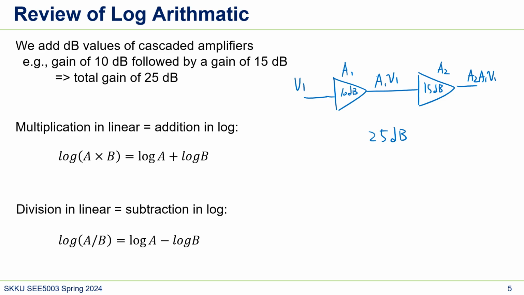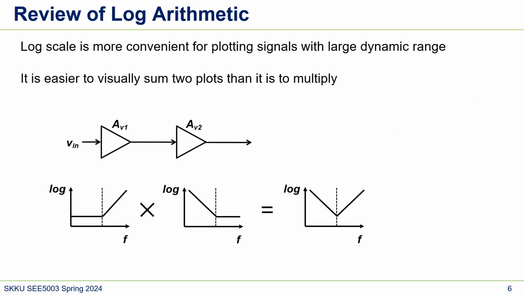So we're multiplying the gains, and since we represent these gains as log, we can just add these two gains. If you want to divide, then we can subtract. Using log scale is very useful